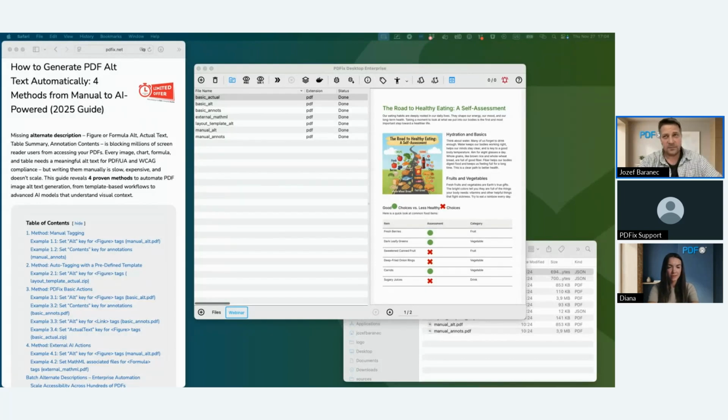Many remediators and many companies struggle with this problem in the accessible PDF documents, and we will try to show you a few options how to deal with this alternate text for images in various use cases. When we speak about alternate text for images, we will also mention the annotation contents or even MathML formulas, which are more or less very similar